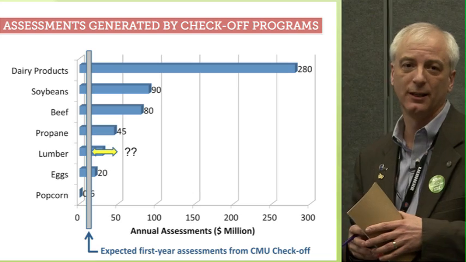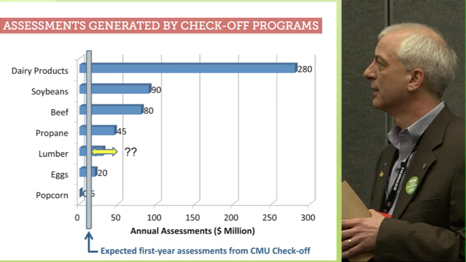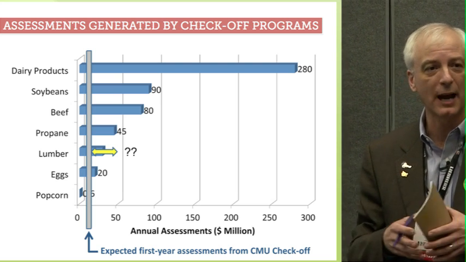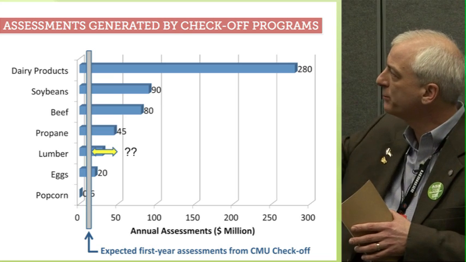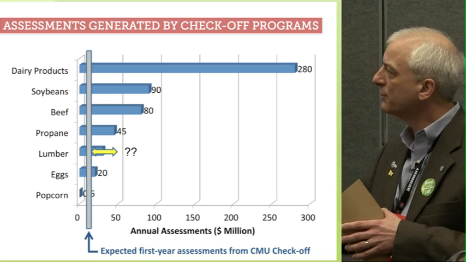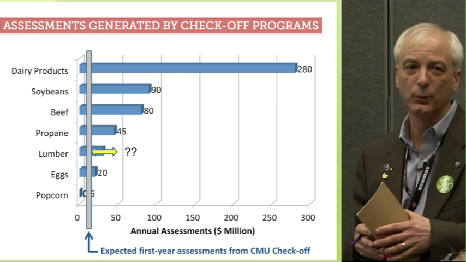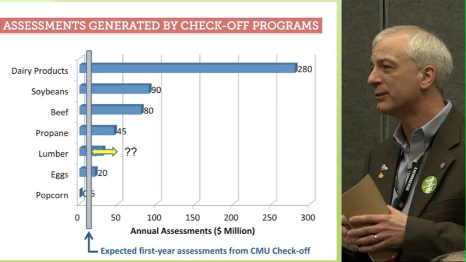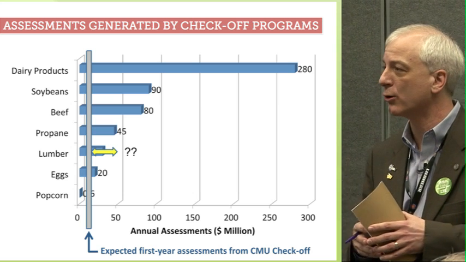If we were at 1 billion block being produced and sold, that would generate $10 million annually to support this research, education, and promotion. As the market grows, we have the opportunity to grow that number. That helps you understand this as a starting point. We have some options of increasing the assessments down the line